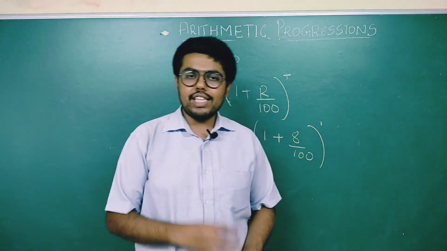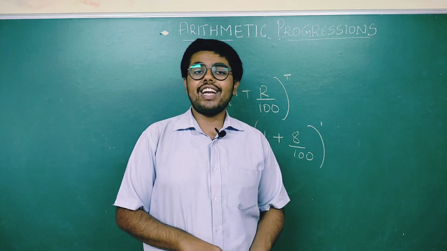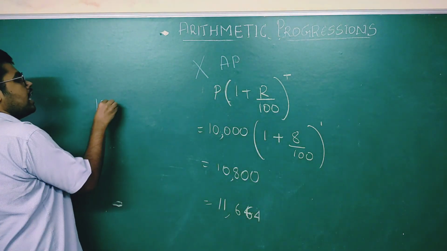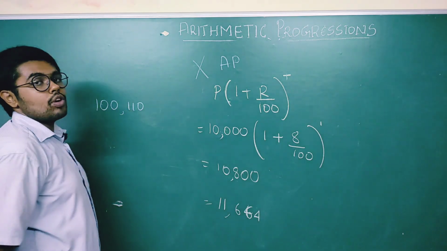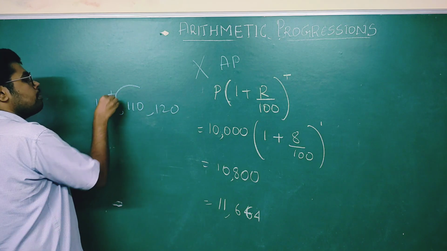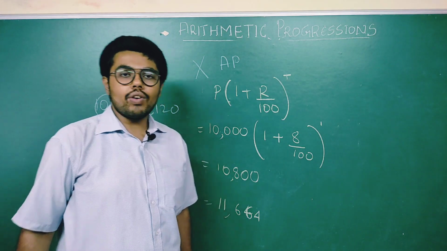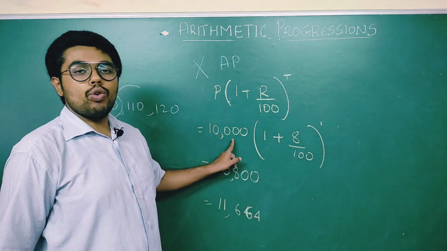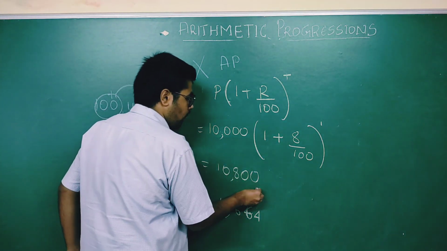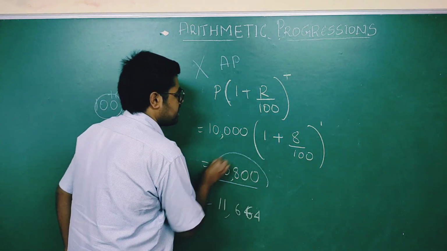Simple interest is very simple, as the name indicates. If you keep 100 rupees in your bank and the rate of interest is 10%, for the first year it will be 100 rupees. The next year it becomes 110 because 10% was your rate of interest. For the next year it will become 120. They're adding 10 rupees to your principal amount. But in compound interest, we are not adding to the original amount. After 1 year, it adds to the same, so next year your money will be compounded on this money itself.